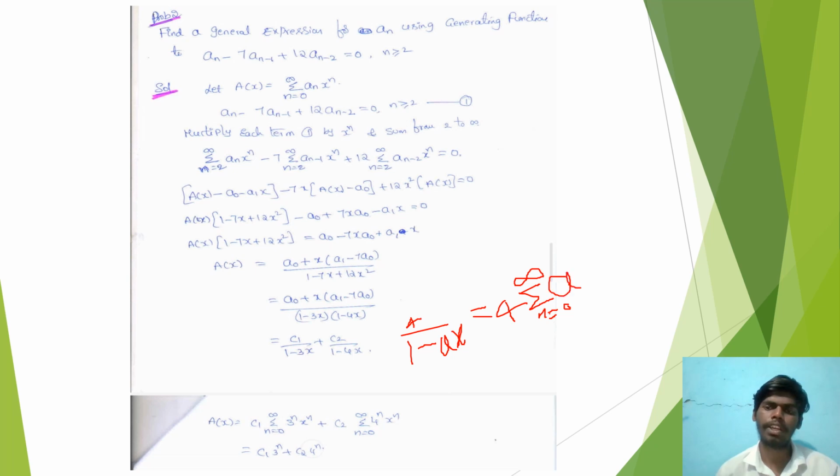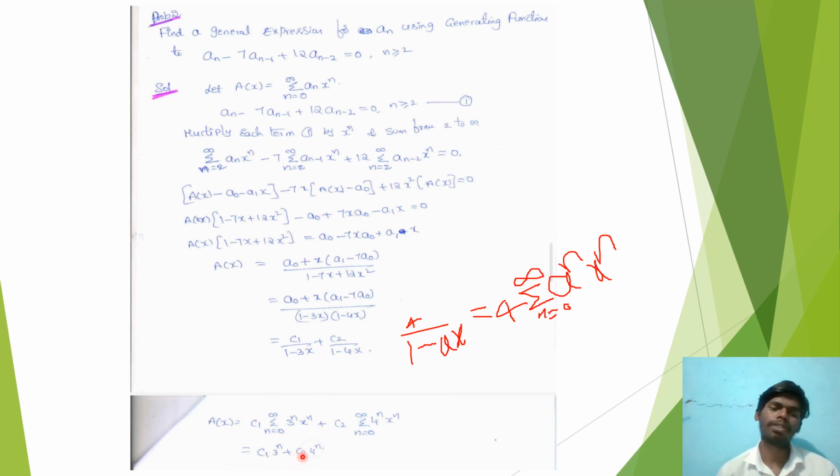So now we have to take this remainder a as here. So we will take a to the power of n and x to the power of n for each and every term. Similarly, coming to this, here we will take c1 as it is, and the summation n equal to 0 to infinity. Here a is equal to 3, so 3 to the power of n and then x to the power of n. For the second term, similarly, c2 into summation n equal to 0 to infinity, 4 to the power of n and x to the power of n. So finally we get the